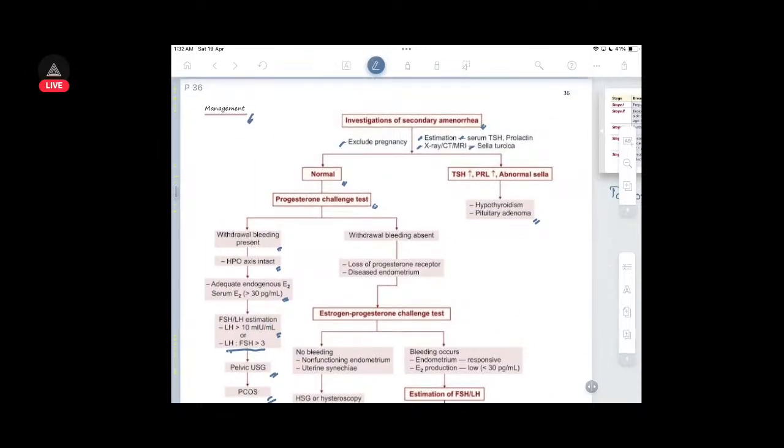So progesterone challenge test. If everything is increased, then okay, look, secondary amenorrhea. If TSH, TRH,